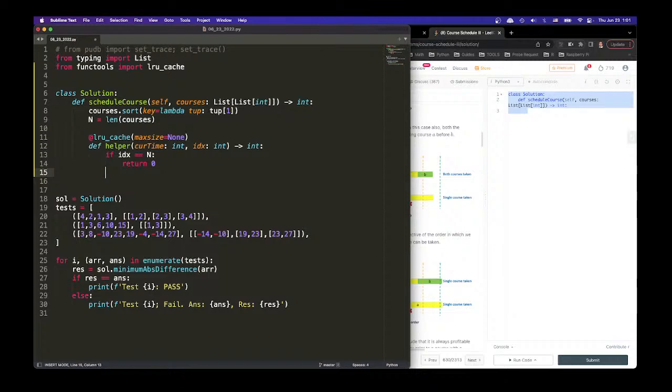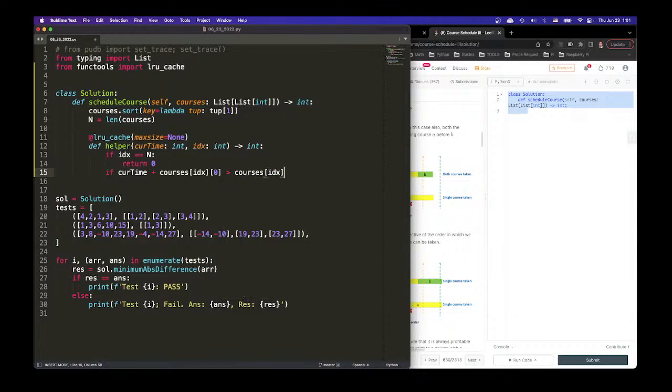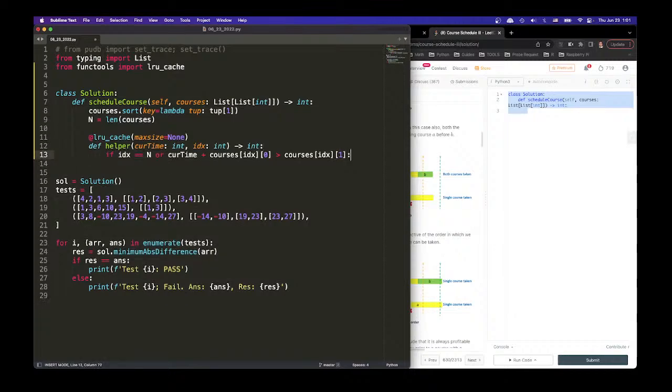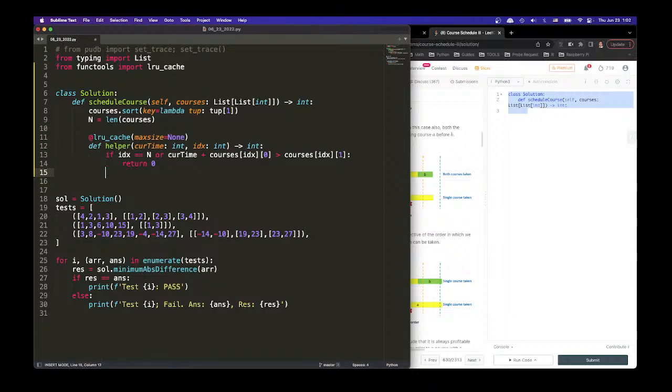So we can choose to take it, right? We just say if current time plus courses index 0 is larger than courses index 1, or if index equal to n, in both cases we're going to return 0, because this just means the current class I cannot take. How many classes can I take? I cannot take. Otherwise,